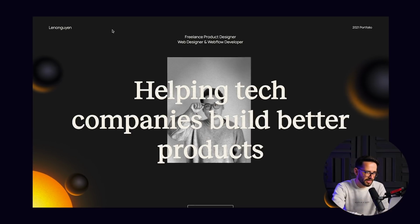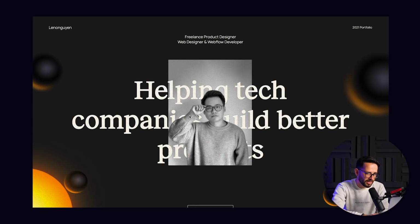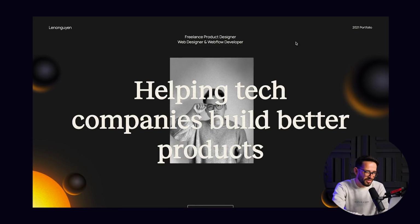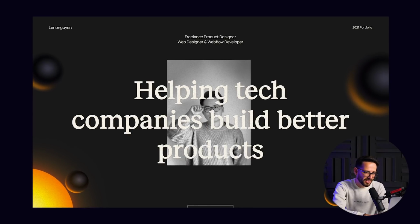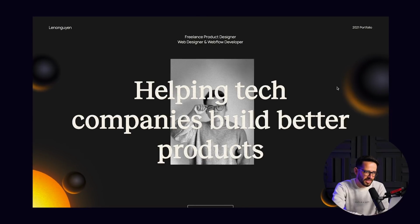And bam, this is it. Actually, let me reload this. I think maybe there's a nice interaction here. Everything is actually moving when you move, but check out this. Very cool. Helping tech companies build better products. And when you hover over this, he kind of comes on top of the text. I really, really love this. This really creates the feeling of 3D on top of all of the moving balls here. I really, really love this. So great combination of 3D together with image, together with interactions, together with